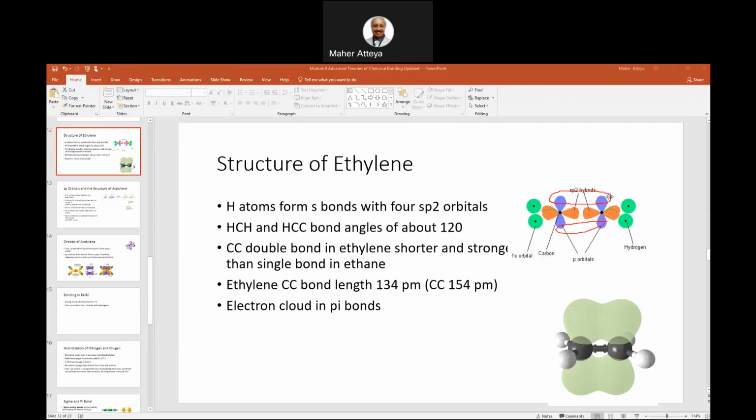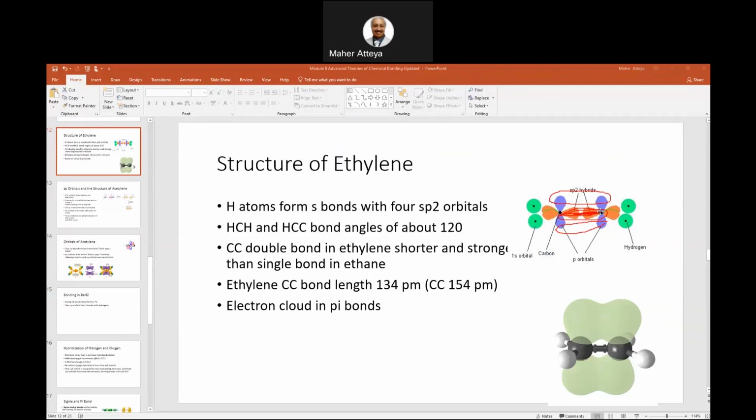But when you have the side-to-side interaction in the middle here, this is horizontal interaction, and this one is side-to-side vertical. The vertical interaction will lead to the double bond, and the sigma bond, the single bond, is from the horizontal interaction of the